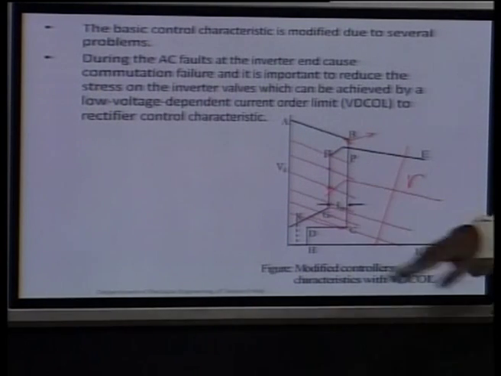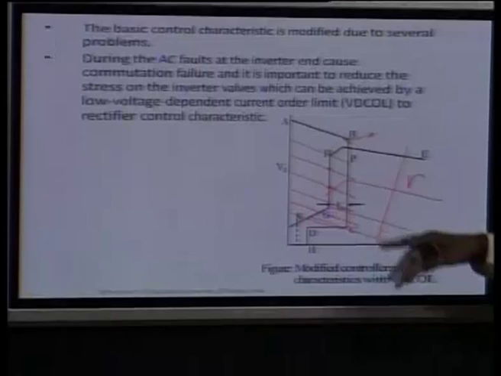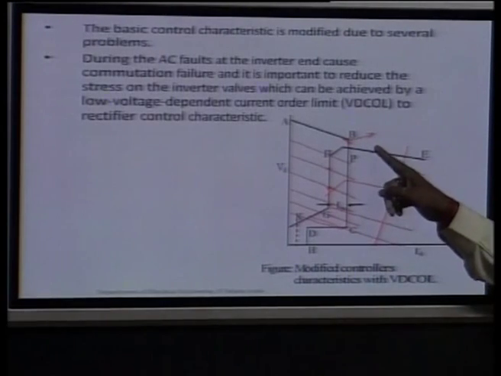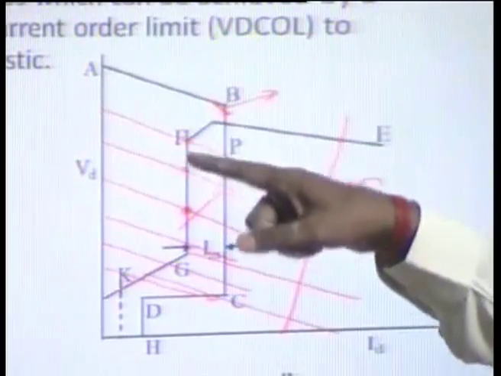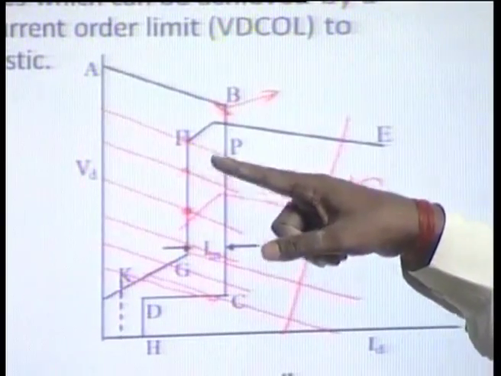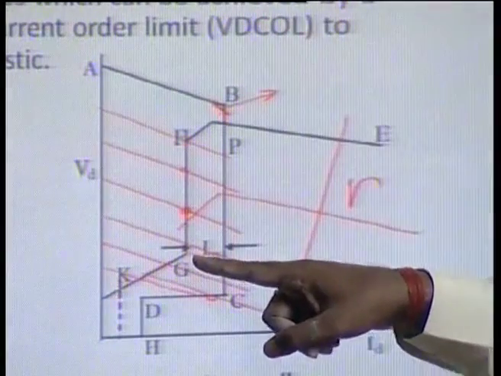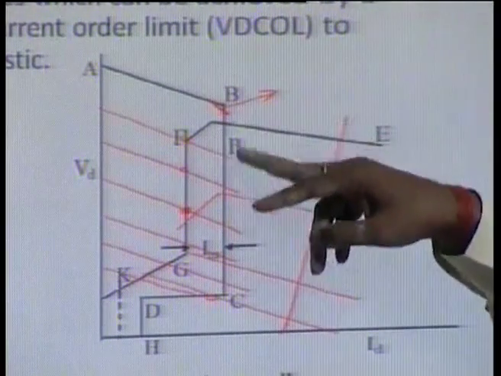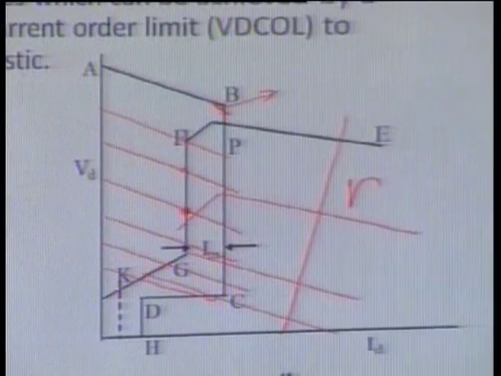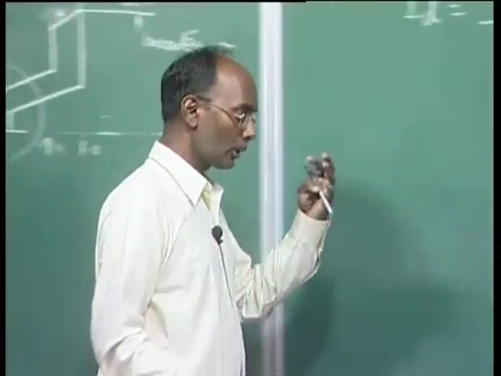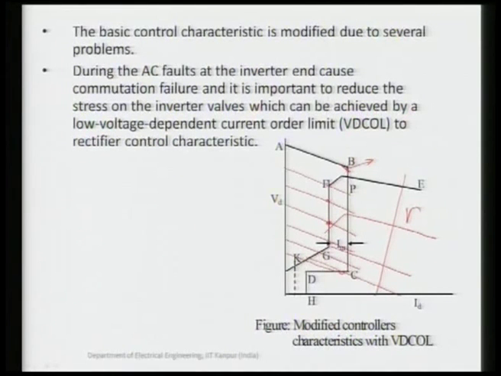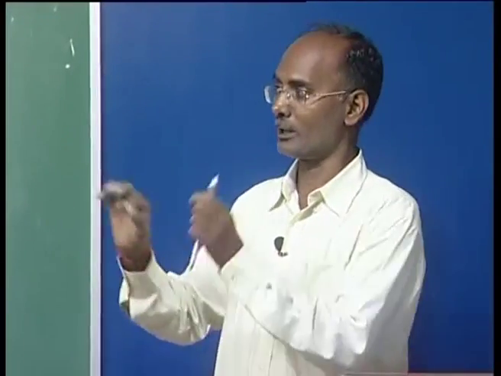If your rectifier end voltage has gone down tremendously low, what happens in this case? Our inverter is taking care of current control, and this is the alpha minimum control here, all the way up to here. But if the control comes here, the current is still controlled from here. So the whole scenario of increase, decrease, and your rectifier and inverter voltage can be very clearly seen here. We are operating in a stable and reliable manner with this characteristic, and it is also practically feasible to achieve these characteristics in HVDC link controllers.